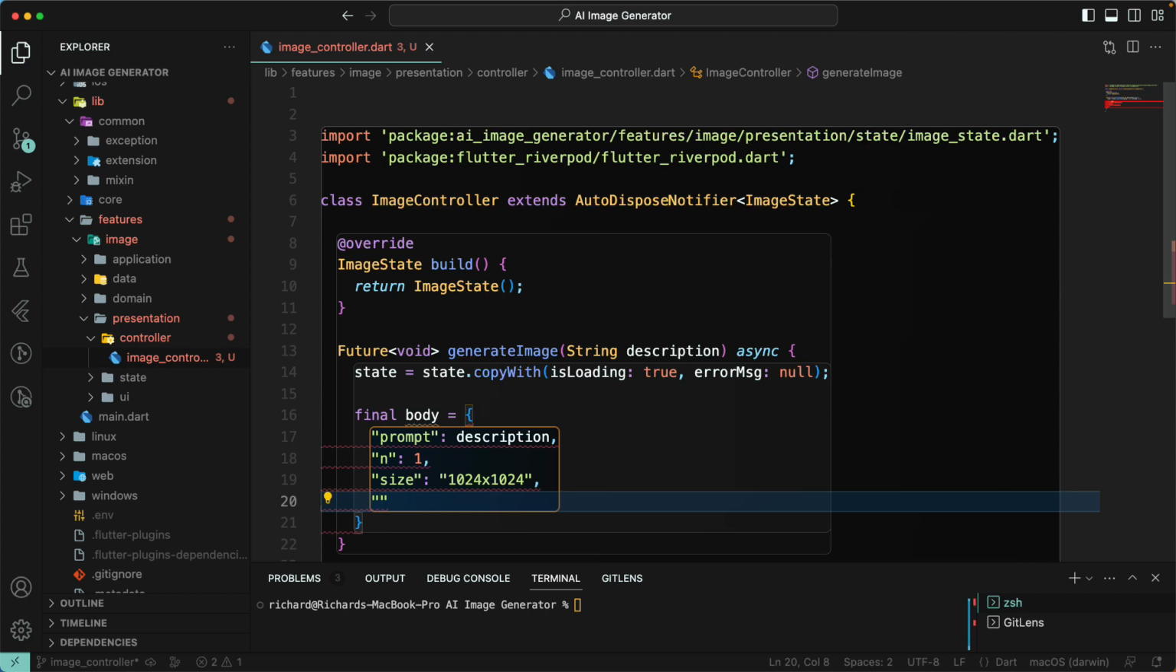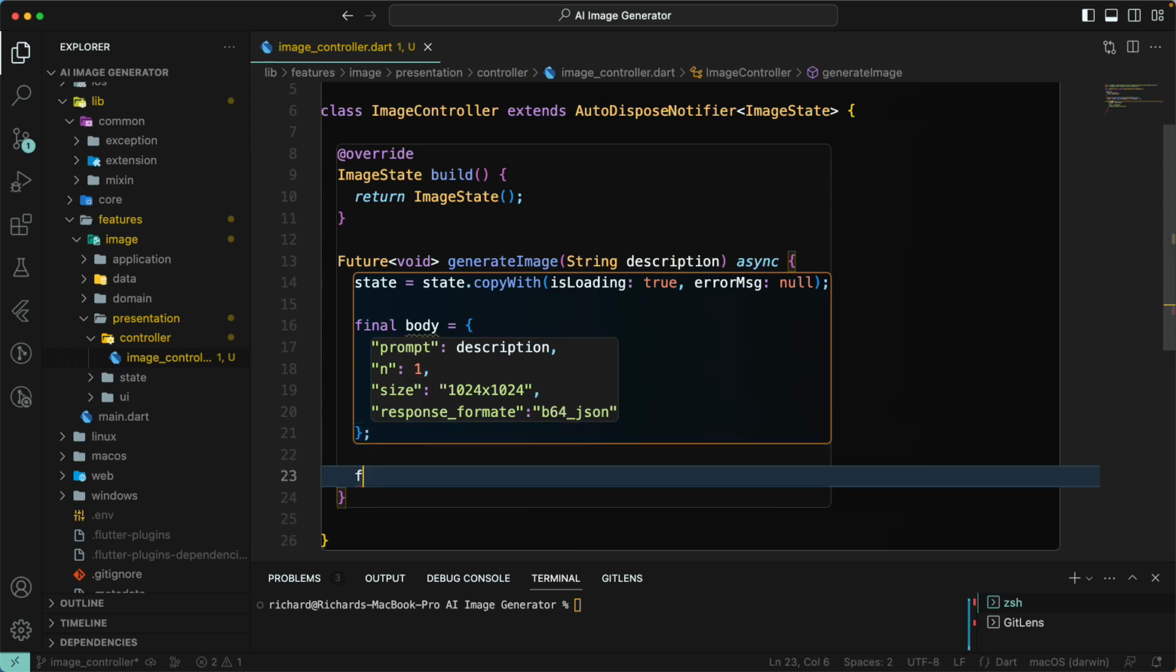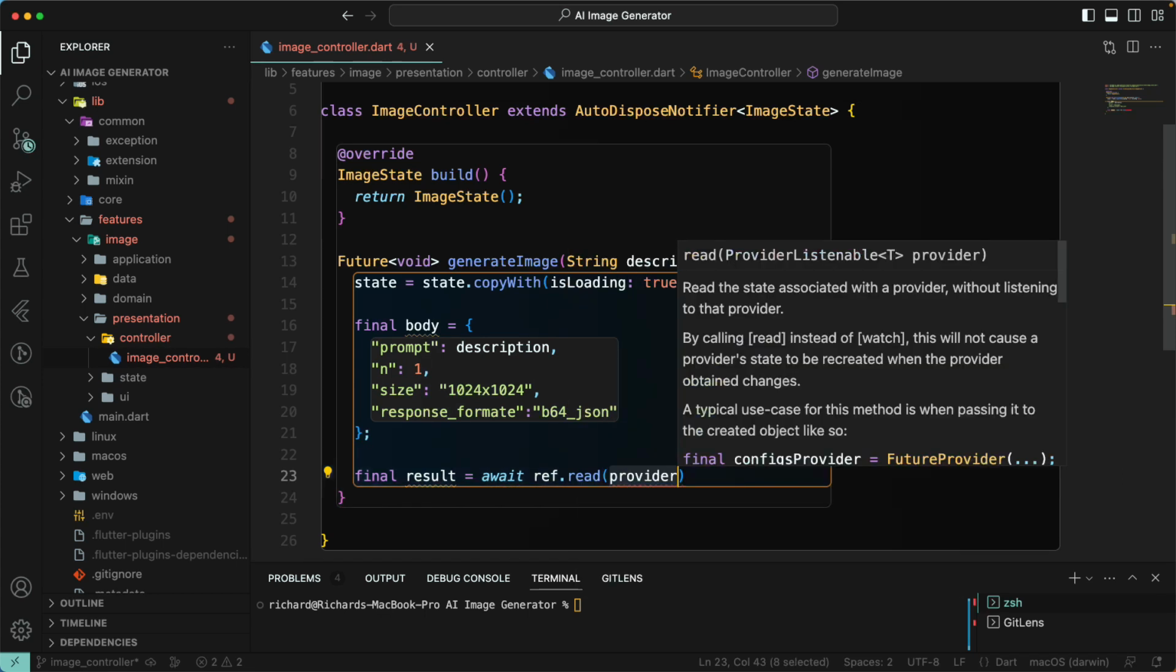And then we will also add in the response format that you want to get. You want to get either the URL or the base64. So b64 I'll pass in, and the JSON. This is the type that we require, because this is what we have set up to get in our data over there. Once we have that, now we can go and create the final result, which is of the await, and I can get the ref.read, which is from the report, and I need to read the